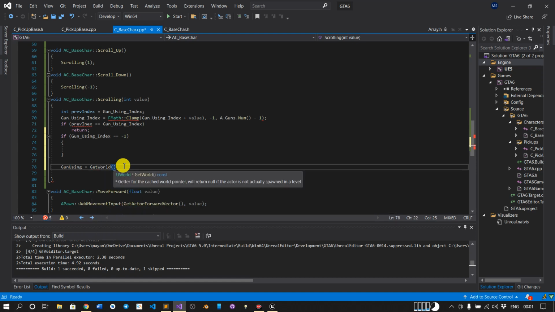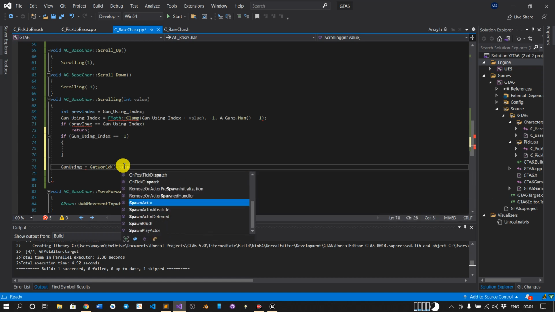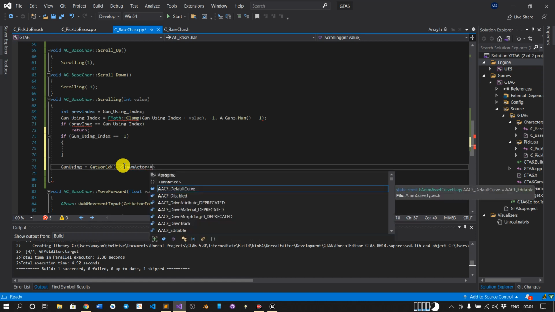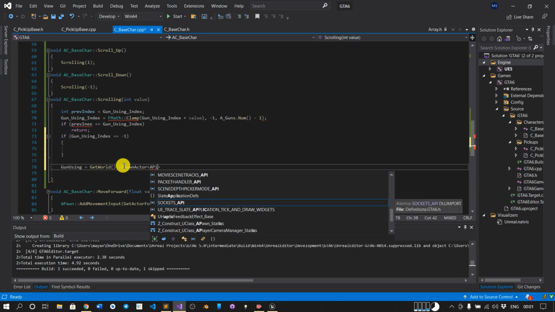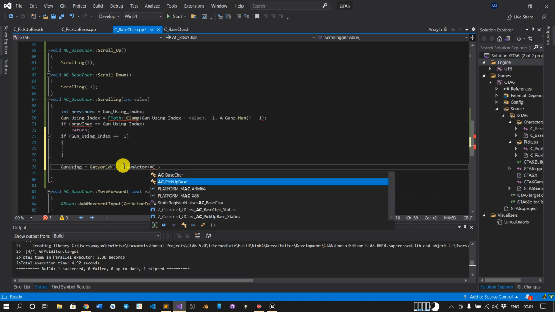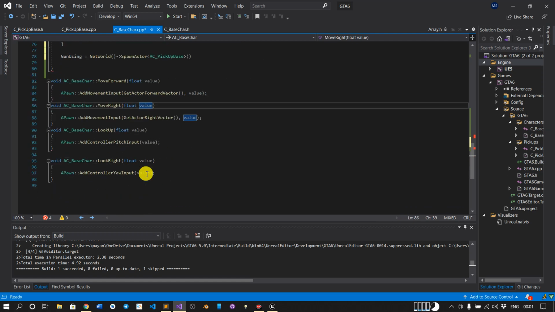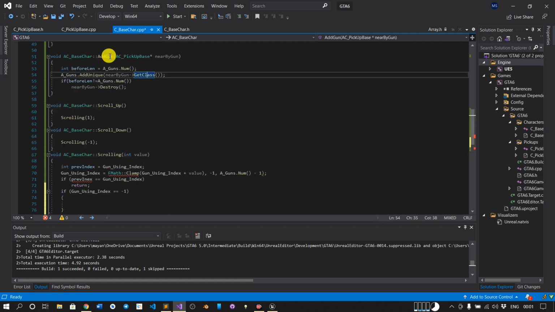So we will call the spawning function. So SpawnActor, and here APickupBase. If you look at this function in AddGun, we have added the class, and we have inserted it in this array.